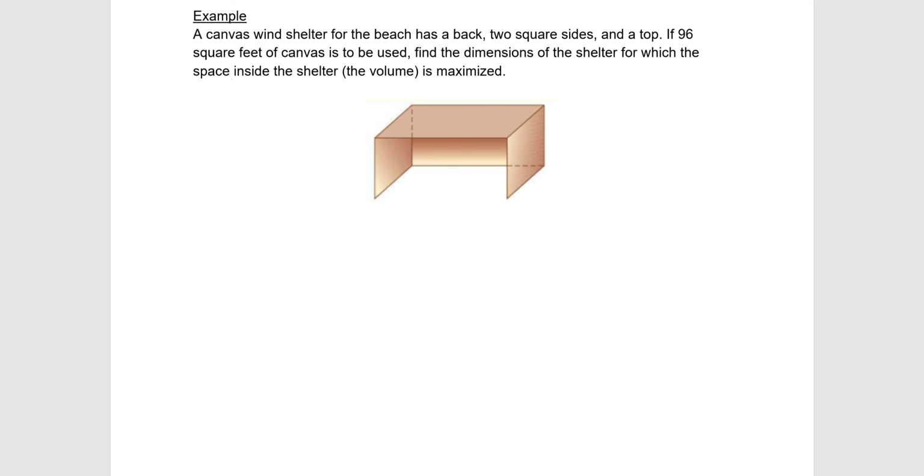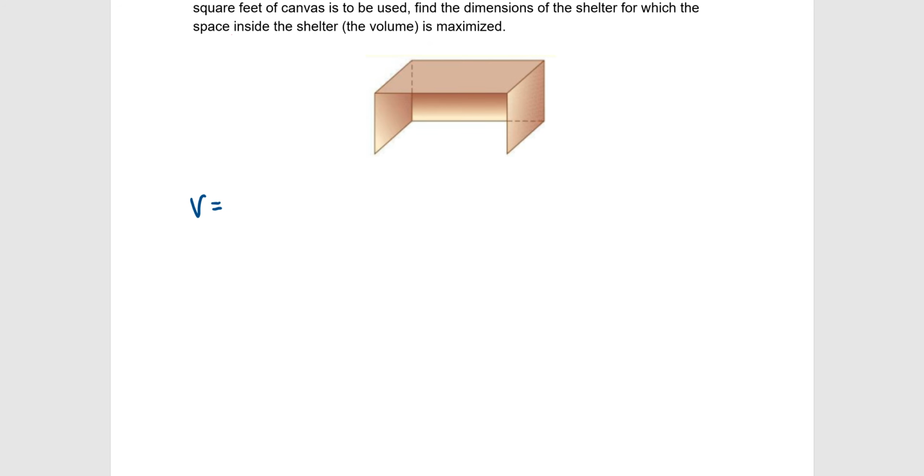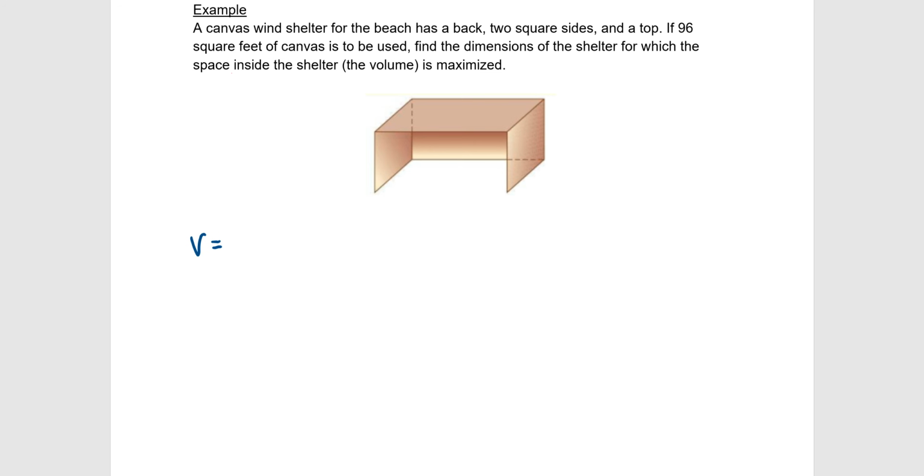It's going to be volume equals the volume of this rectangular prism. So volume is going to be length times width times height. Notice that this missing bottom piece does not affect the volume. So we need to come up with some variables. We know that it has 2 square sides. So this side and this side, these are